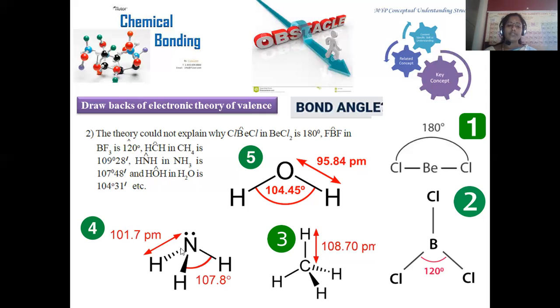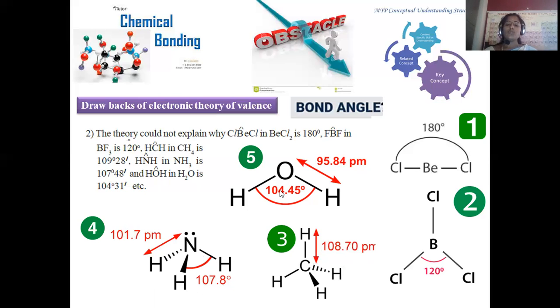Ammonia is also tetrahedral in general, that is its geometry, but one corner of the tetrahedron is occupied by the lone pair of electrons, that's why we can say it is pyramidal in shape. The consecutive bond angle between hydrogen, nitrogen, hydrogen is taken as 107 degrees 8 minutes. Here from 109 to 107 there is a slight decrease in the bond angle. You can clearly observe this for ammonia, even though both belong to tetrahedral in nature.